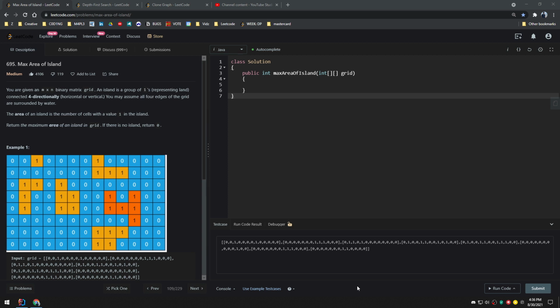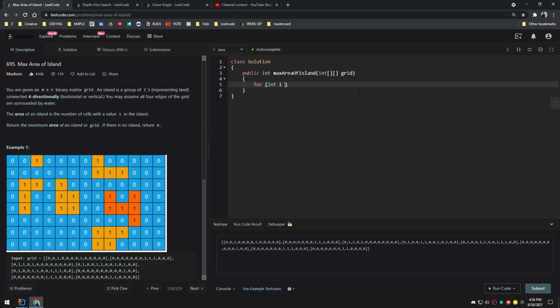Now we need to also keep in mind that we have to track what our max area is so that we can compare the two to see which one is truly the maximum. So what I mean by that is we need to first go through the grid. So we'll go through our columns and rows. So we'll say for int i equals 0, i is less than the grid's length, i plus plus. Then we'll go through the rows, for int j equals 0, j is less than the grid at i's length,